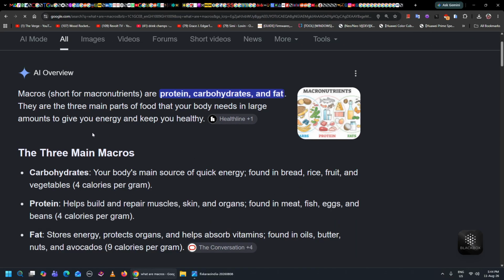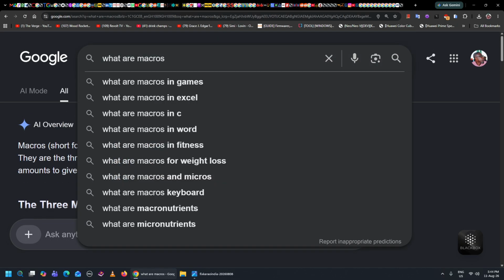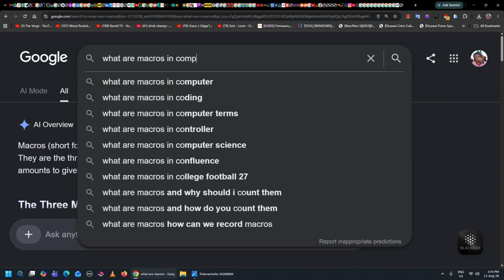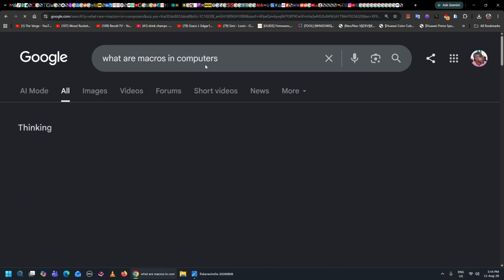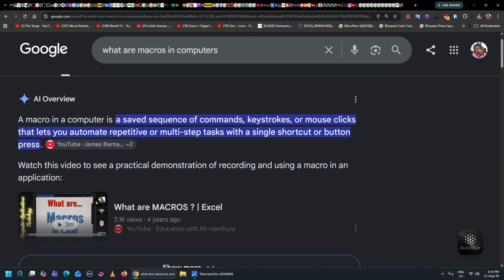In Google, macros, short for macronutrients. No. What are macros in computers? A macro in a computer is a saved sequence of commands, keystrokes, or mouse clicks that lets you automate repetitive or multi-step tasks with a single shortcut or button press.